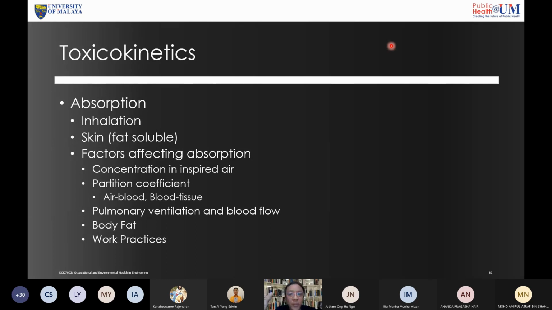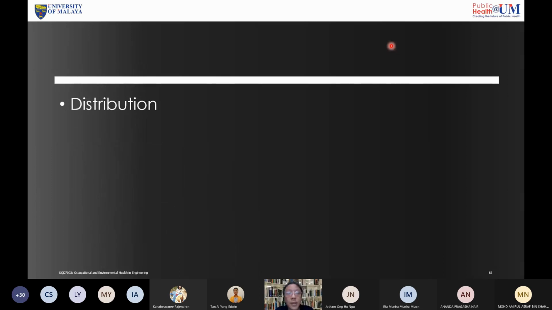So this is a different type of activity, although you're exposed to the same chemical. The cardiac activity and pulmonary activity are also important. It means your respiratory rate and your cardiac output. Your respiratory rate and your heart rate are important to look at the absorption itself. Body fat is more for how much chemical actually stores in the fat. So the chemical will be released slowly in the fat, and it also depends on what type of work practices, like we discussed that day. How do you work, whether you wash your hands or not. Those are things you need to look into and focus on when you look at the exposure of the workers. So distribution is lipophilic,